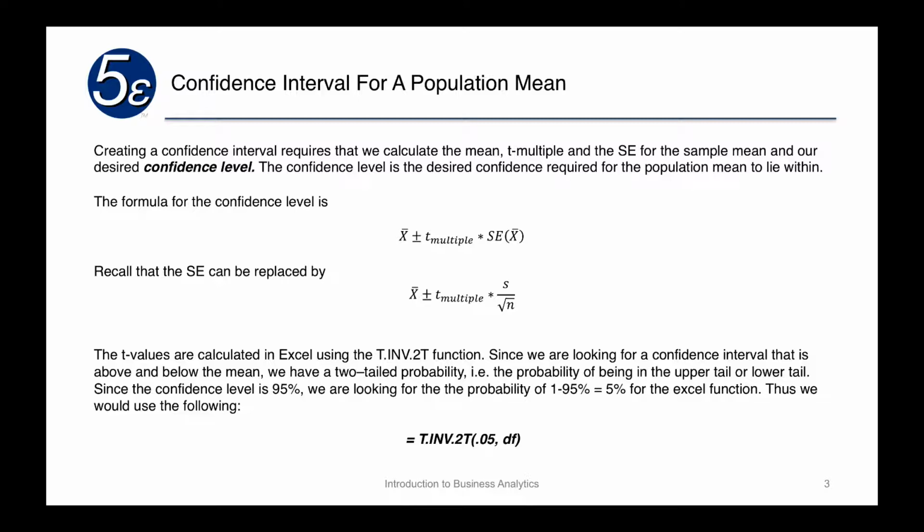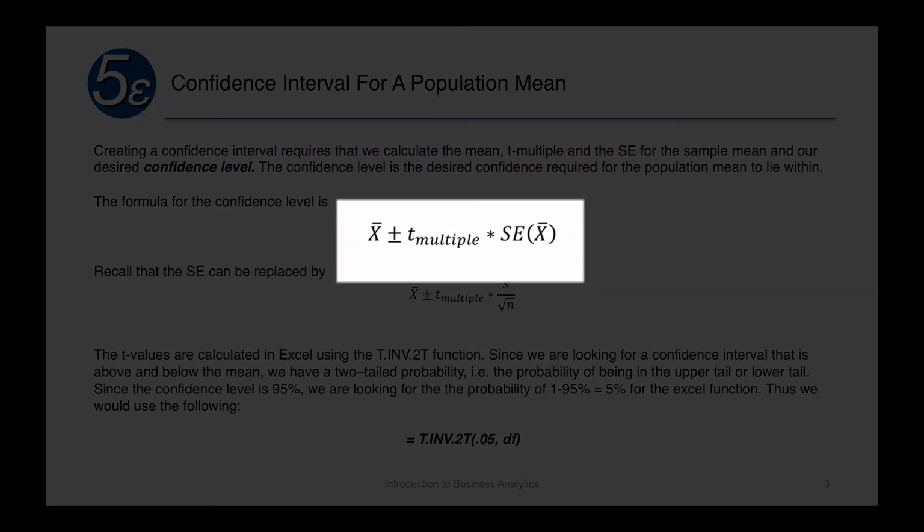The confidence level is the desired confidence required for the population mean to lie within. So for example, we want a 95% confidence level or a 90% confidence level. Our formula is given by the following. It's the x bar, which is our sample mean, plus or minus the t-multiple times the standard error of the